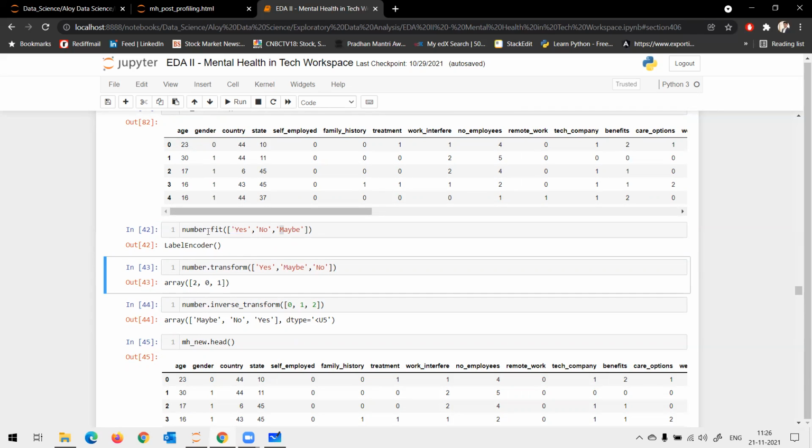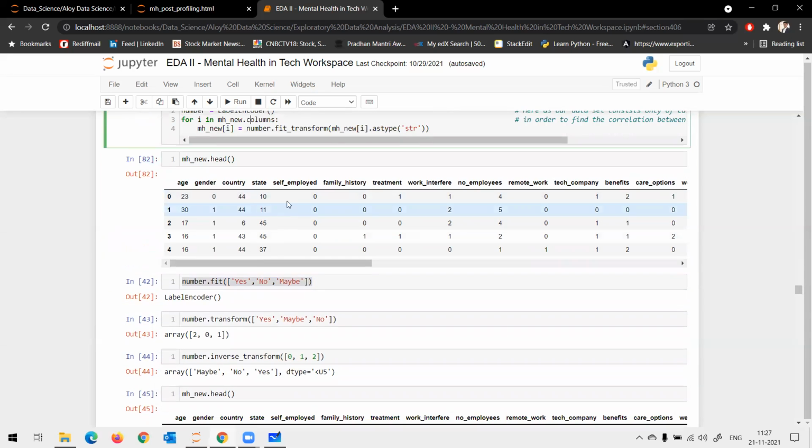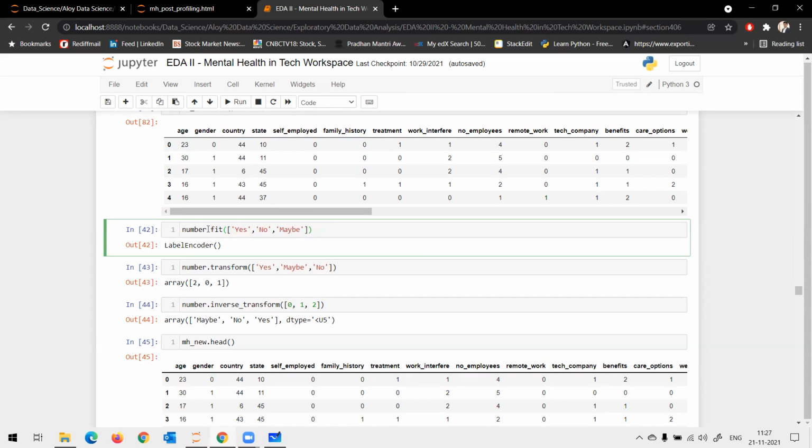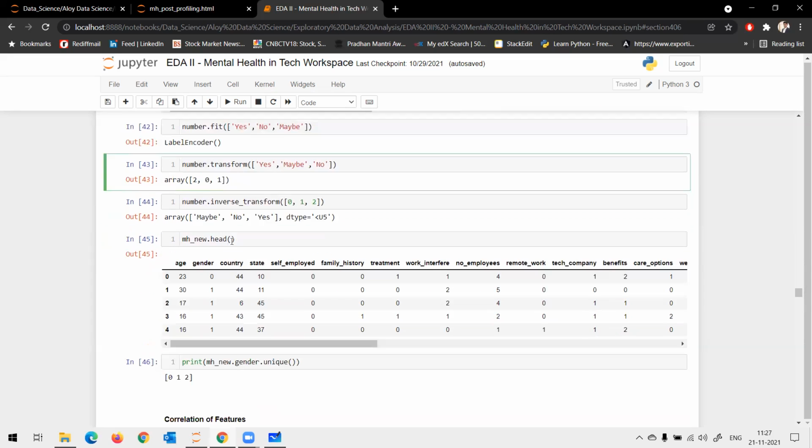If you give dot fit, basically you give dot fit for the function to learn and understand what input I am currently holding in the column. So it will learn over here when you give dot fit, and when you give transform, whatever it has learned, it will transform into numerical and throw the numerical output.